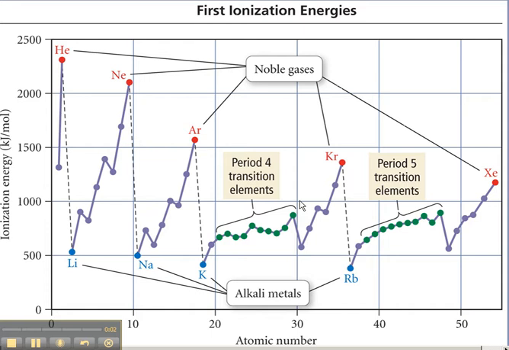Talk for a few minutes about trends in first ionization energies as we go up and across or down and across the periodic table. And we're going to start with going across the periodic table. And what I want you to notice as we go from left, we'll look at the n equals 2 level, and as we go from left to right, from lithium to neon, you'll notice the general trend is for the